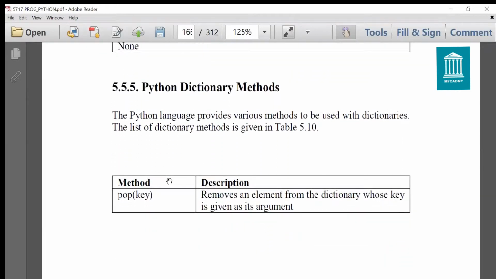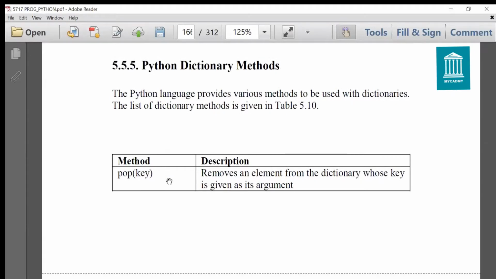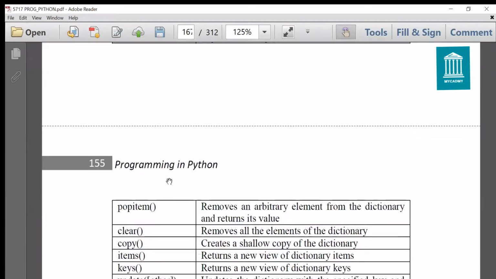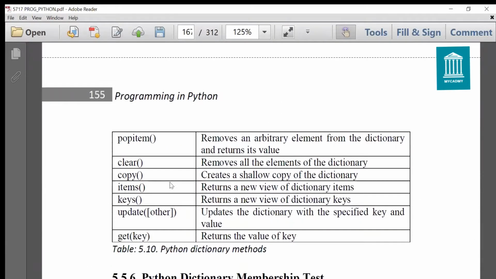Now there are various dictionary methods. We have already studied pop, popitem, clear. Copy is used to create a copy of the dictionary. Items returns a new view of dictionary items. It just generates a new view, doesn't create a new dictionary, just a new view. Keys returns a new view of dictionary keys, only keys.